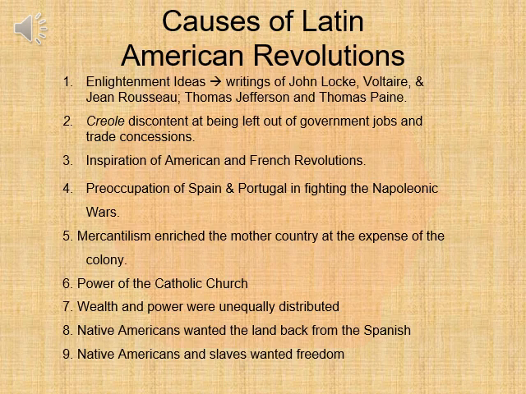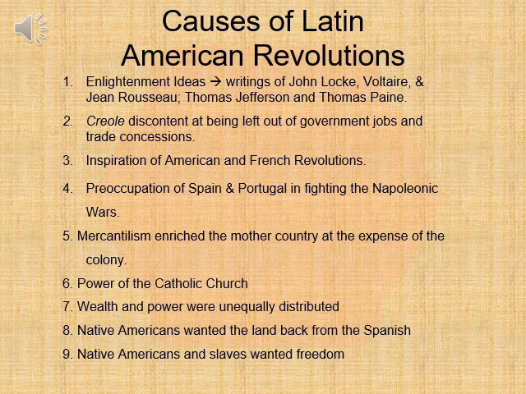These are the 9 causes of the Latin American revolutions, beginning with the Enlightenment ideas and the writings of John Locke, Voltaire, and Jean-Jacques Rousseau, Thomas Jefferson, and Thomas Paine. The Creole discontent at being left out of government jobs and trade concessions, the inspiration of the American and French revolutions,